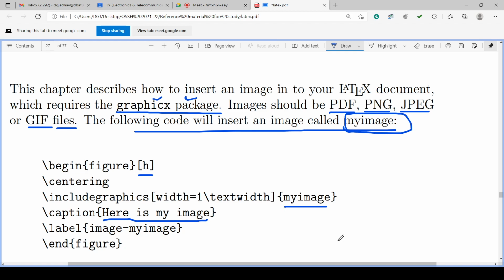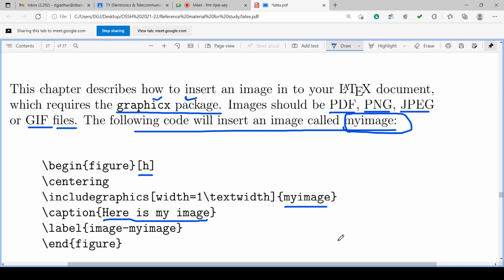The figure must be in one of these forms: PDF, PNG, JPEG or GIF files. Okay, and placed in the same folder where the TeX file is there.